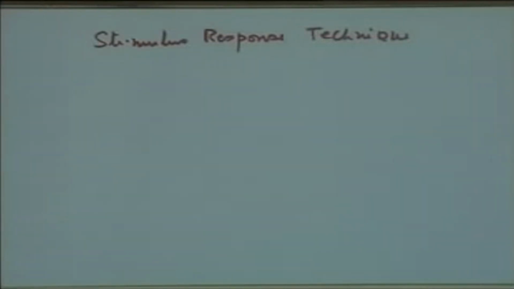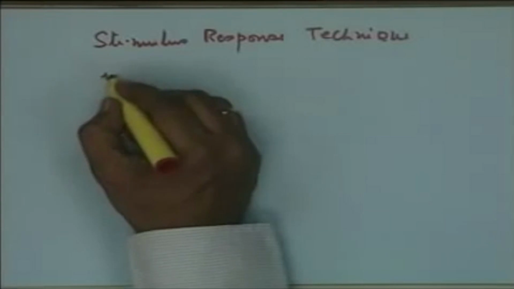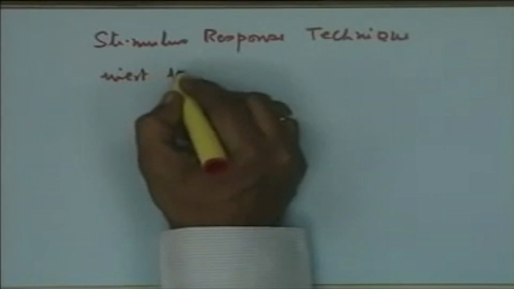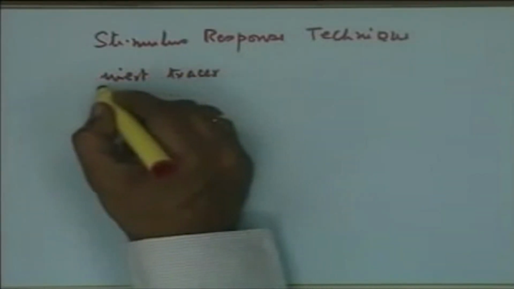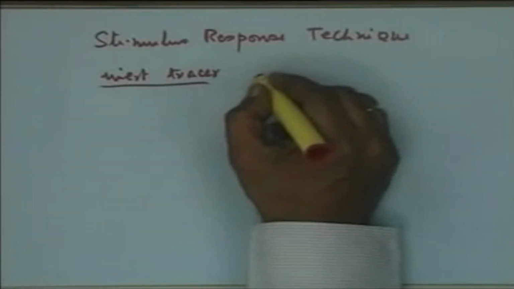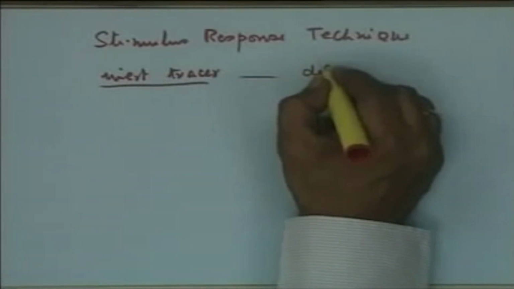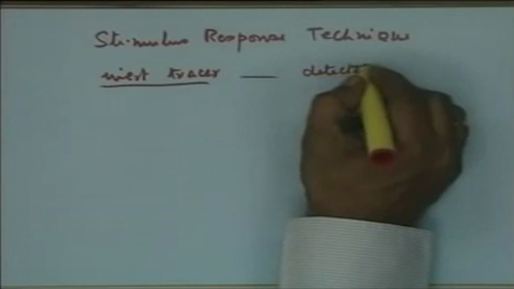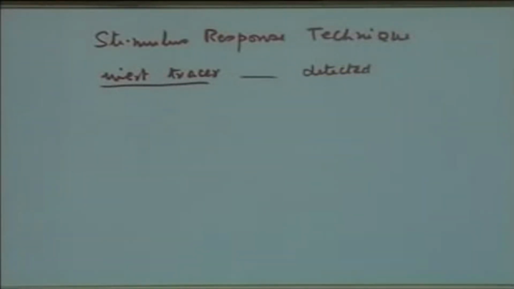Mind the word that you need an inert tracer that can be detected. Of course, detection is important, because if you cannot detect this inert tracer, it does not